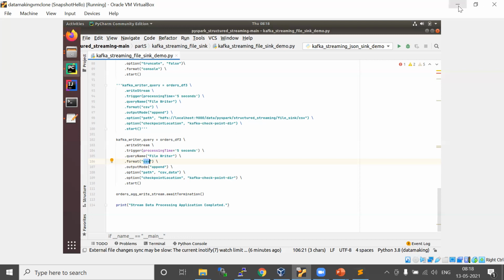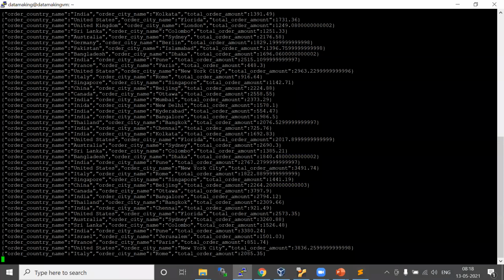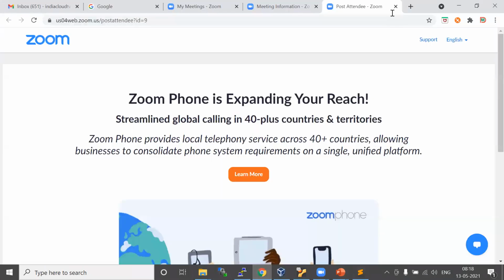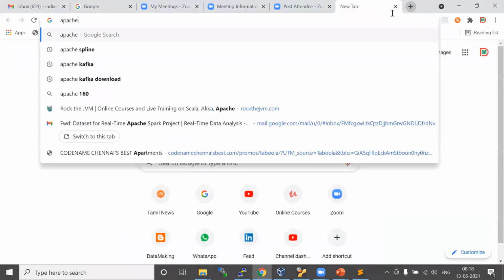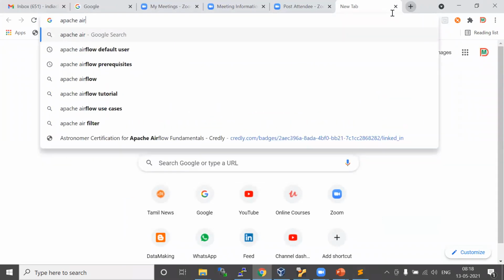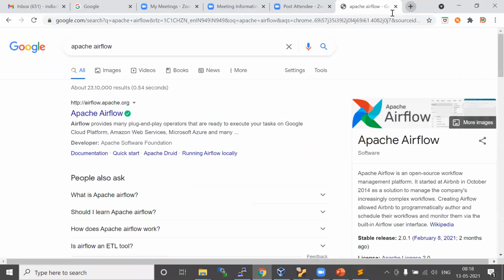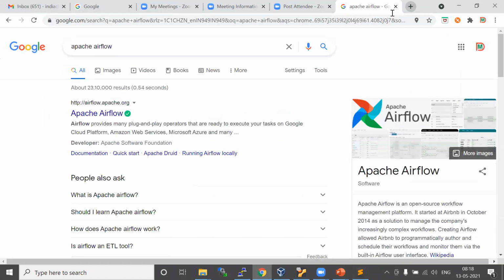There is an open source workflow management tool called Apache Airflow, which is used to schedule your jobs at periodic times. The best part is that the configuration in Apache Airflow is basically a Python program.